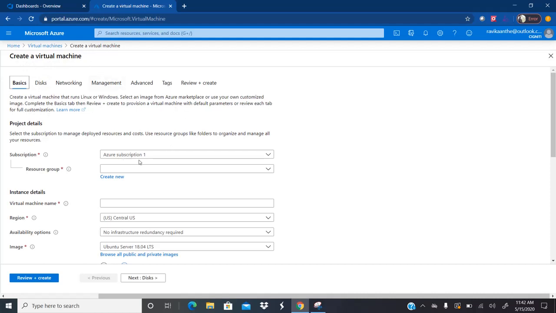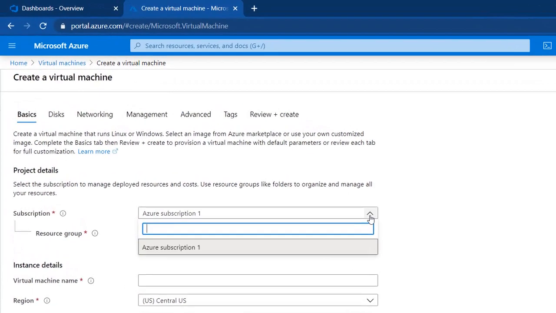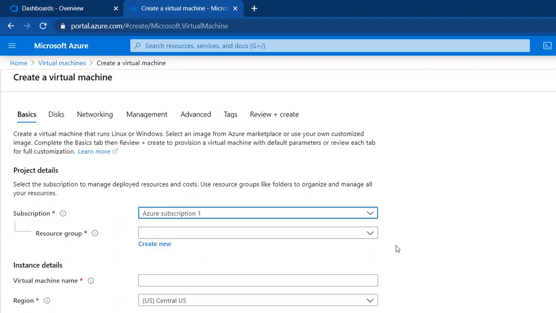Here, it will first ask you to select the subscription. Because I have already subscribed to my Azure free subscription, which I have named Azure subscription 1, I'll be selecting the free subscription. Then you need to create a resource group to create any new service.